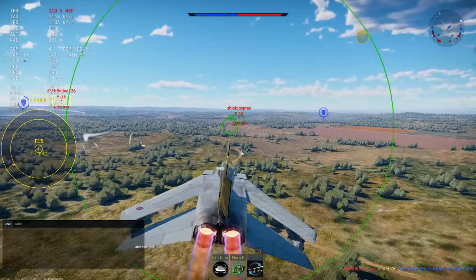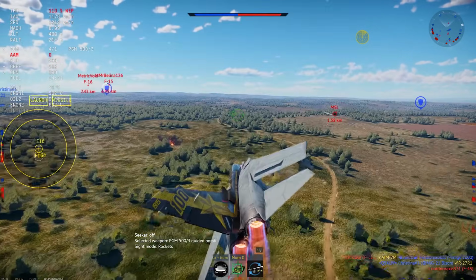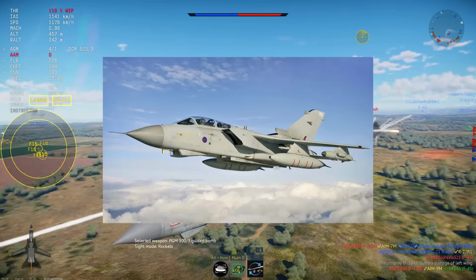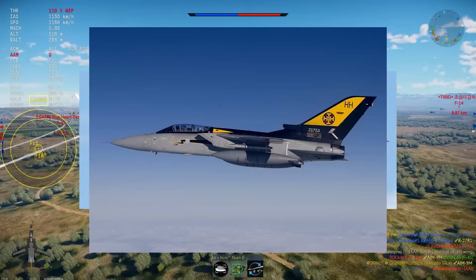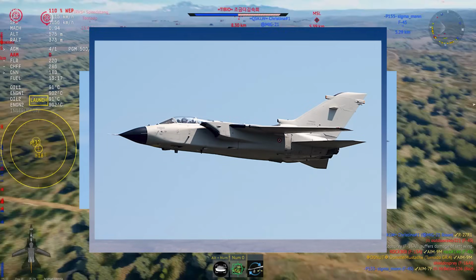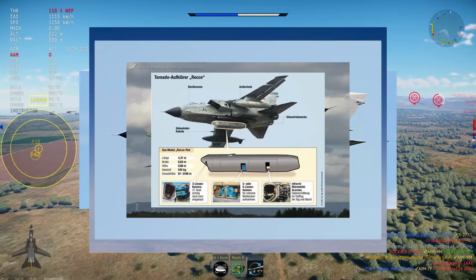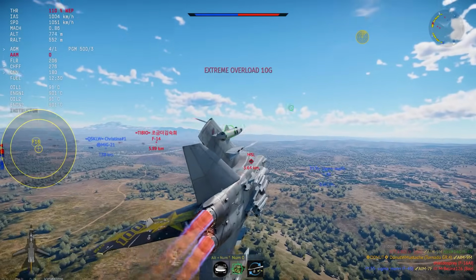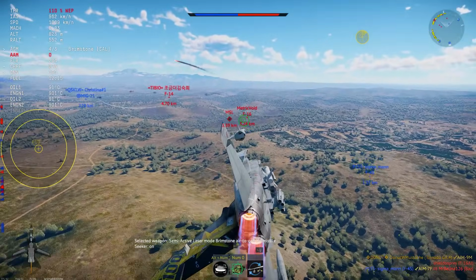The Panavia Tornado is a multinational family of twin-engine variable geometry multi-role flying cinder blocks available in the Interdictor, Nuclear Strike, Interceptor, Fighter Bomber, Electronic Warfare, SEAD, and Recon roles, where it fails very spectacularly at almost all of those jobs. The Tornado shines today as both a meme in the community and also a very fun plane in the